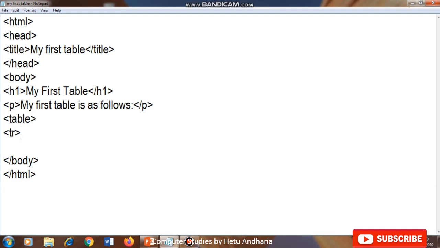Inside that tr we will create a column, and the data in the first column of the first row will be this: row 1, column 1, then /td.